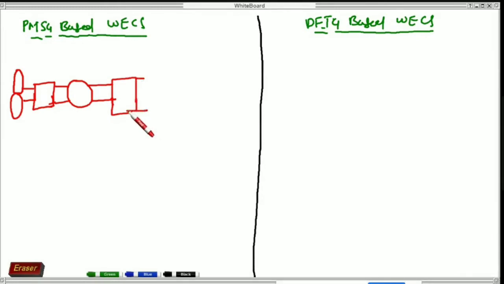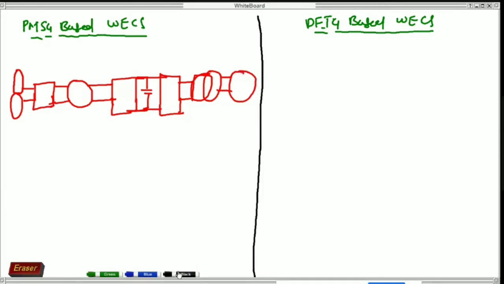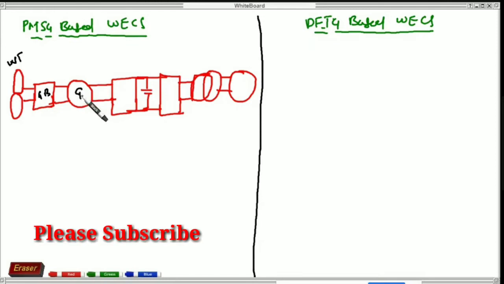Again, DC link voltage, with the transformers and grid, right? So this is our wind turbine, and this is gearbox, and this is generator.